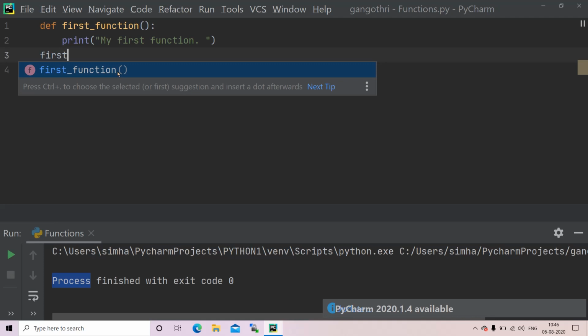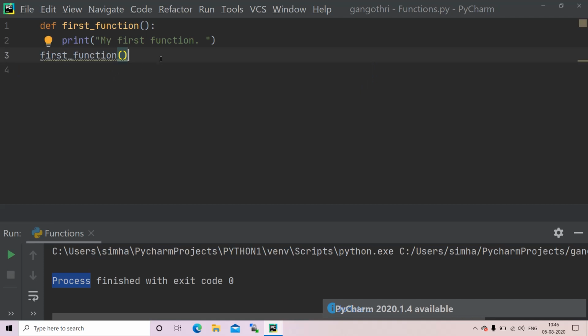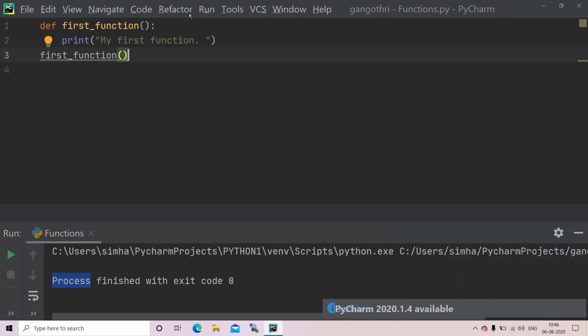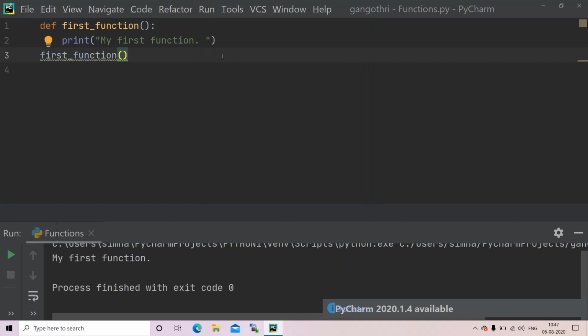Just give the name of the function followed by the parentheses. Now let us run our program again. This time, according to my guess, it must return output. Yeah, it has returned the body, which is my first function.